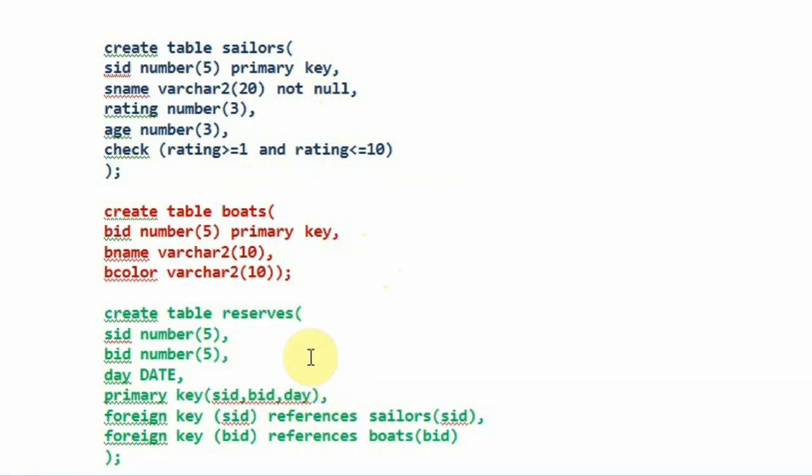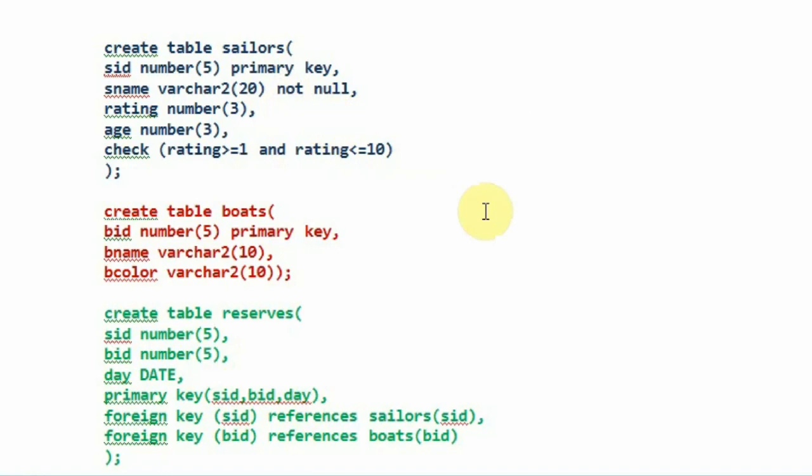So if you try to insert tuples into the reserves table without inserting tuples into the sailors and the boats table, you will get a foreign key conflict, because you said SID is a foreign key from the sailors table. First sailors table data need to exist, then only you can insert those data into the reserves table. So the order in which you will be inserting data into the tables is the entities first and then the relationships at the end, else you will get an error.